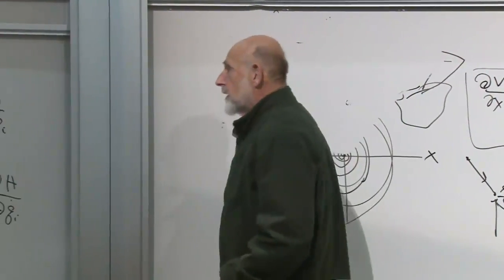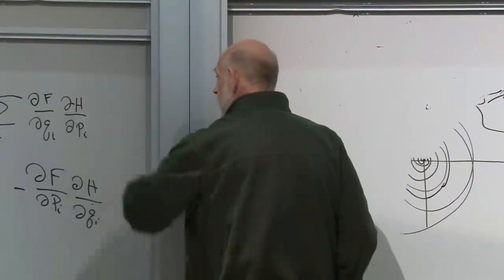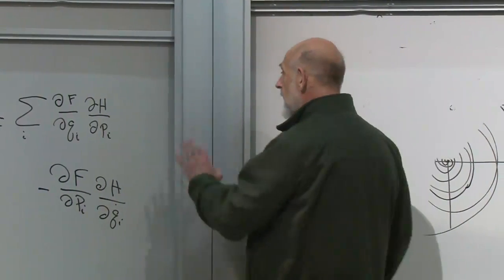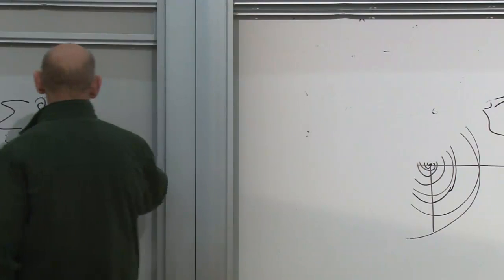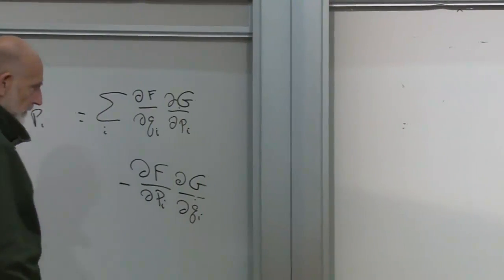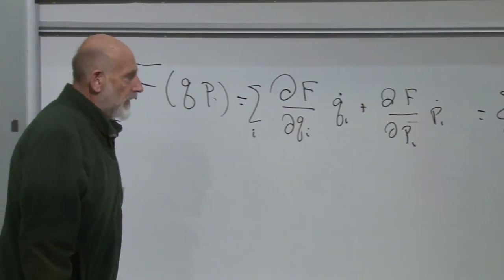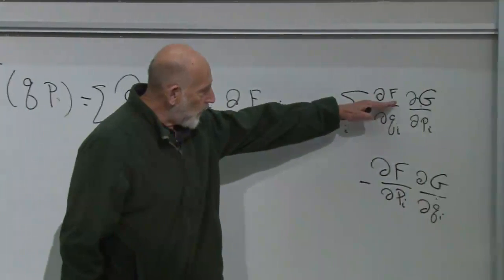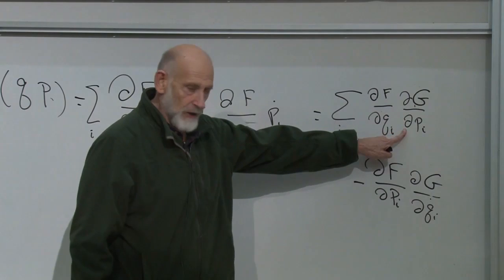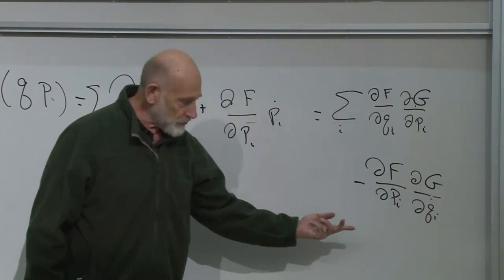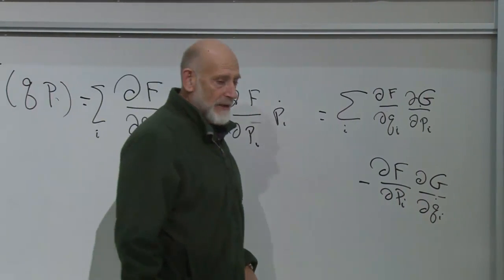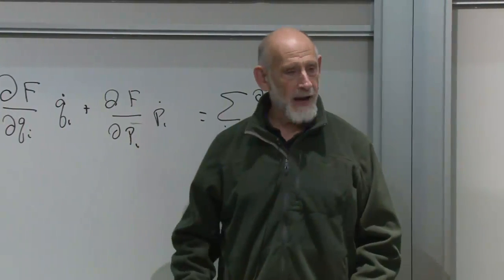whatever they happen to be, let's now take any two functions. They don't have to be, one of them does not now have to be the Hamiltonian. This is just a definition. Let's replace it by some general function, which we'll call g. May or may not be the Hamiltonian of the system. Just two functions of phase space. This quantity, the derivative of one with respect to q times the derivative of the other with respect to p, and then interchange and subtract and sum over I. That Poisson called the Poisson bracket.